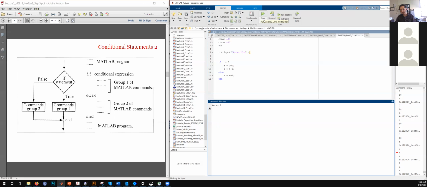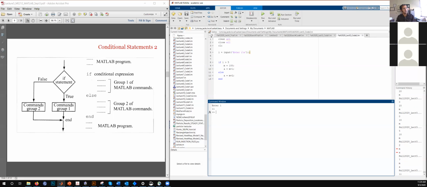Suggest some value for I, some of you. Anyone, give me a value for I. 11. 34. 3. Okay, 11, 3, and 34. We'll try all of them out. So let's start with 11. So M is 100, A is 101. Fine. But if we have I to be 3, so to do that, let's run this code again. And I is 3.